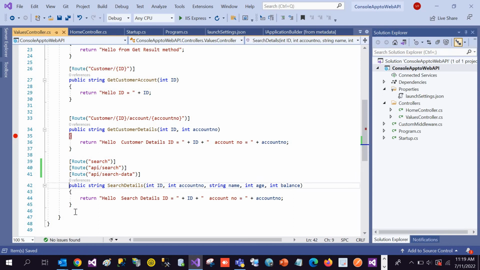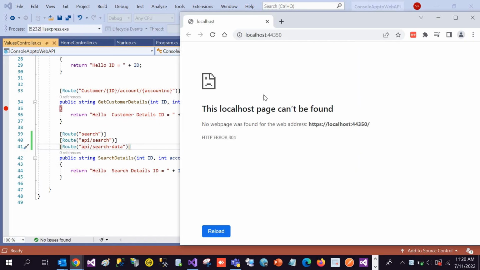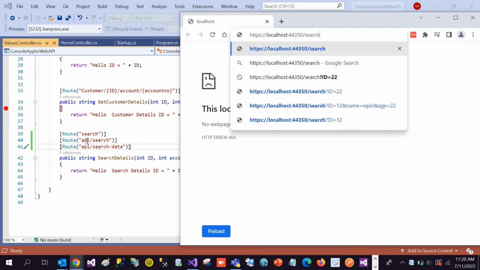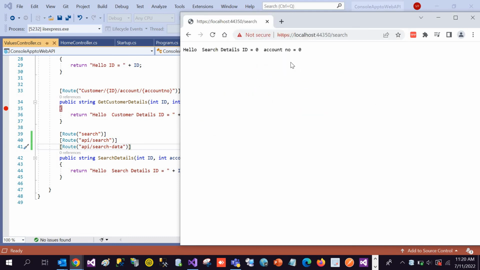So we have assigned multiple route URLs for this single resource. Let's save the changes and run the application. Our application has been built successfully. You can see that for accessing this single resource, the search details action method, we need to provide routing. So we can define search, the search pattern we have defined. I'm clicking on the enter button,